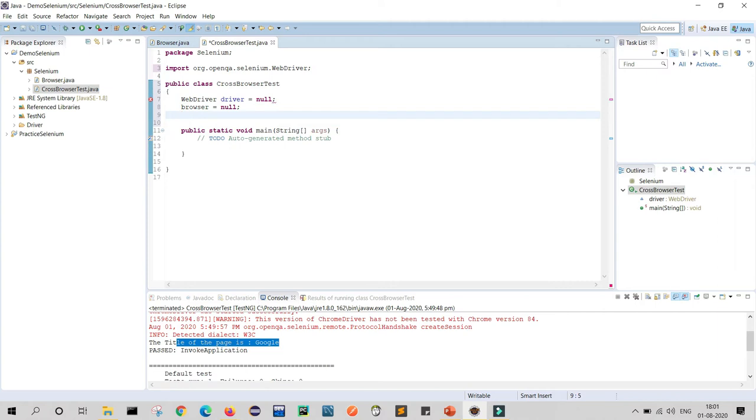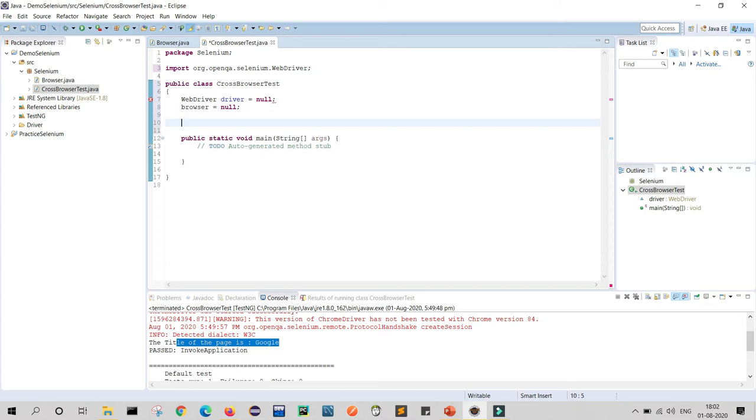Now what will we do? We will define our driver path. So how can we define it? First of all we will define our Chrome driver path. So we will write chromePath equals to, what is our Chrome path?